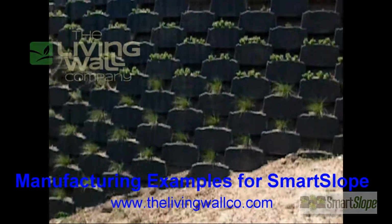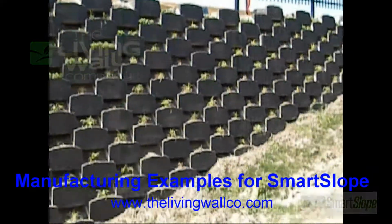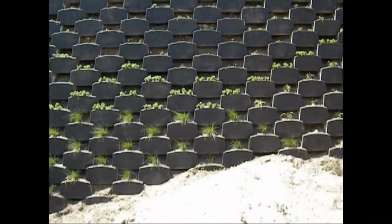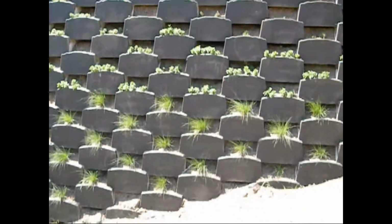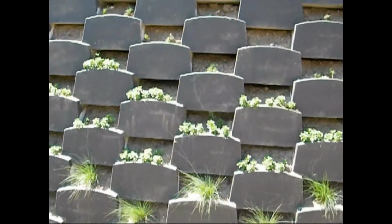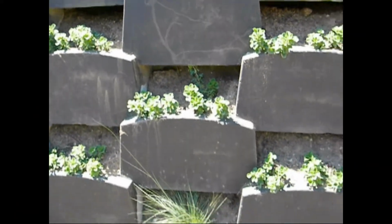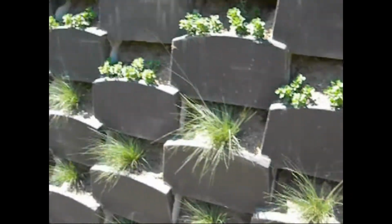And I couldn't resist showing you what the walls looked like once you take the blocks out of the factory and you install them into a wall. This is a commercial project in Baltimore, about 8,000 square feet. It's planted with 8 different types of perennial, and this has just survived its first 2 months, which was 100-degree